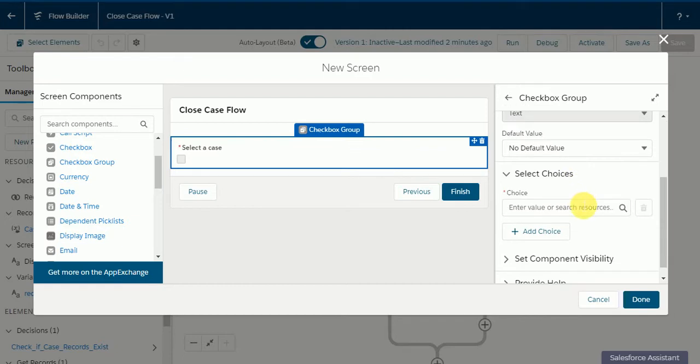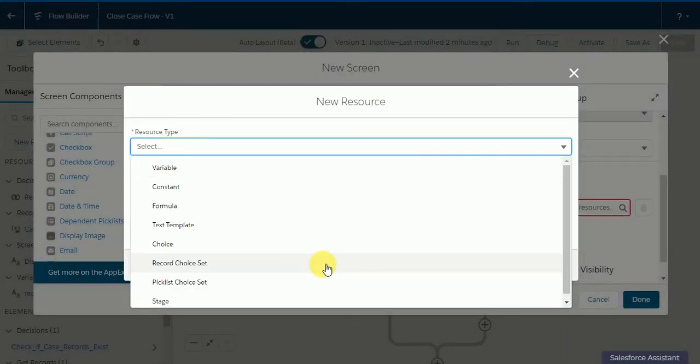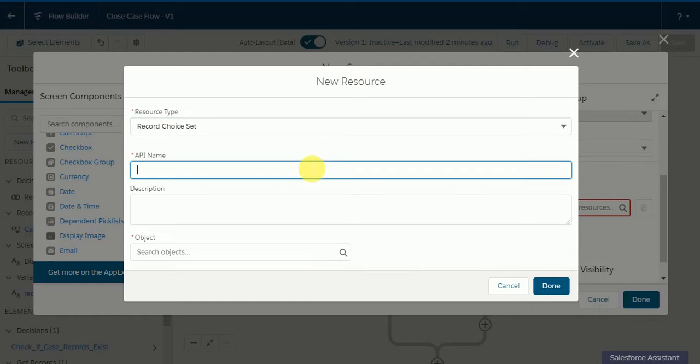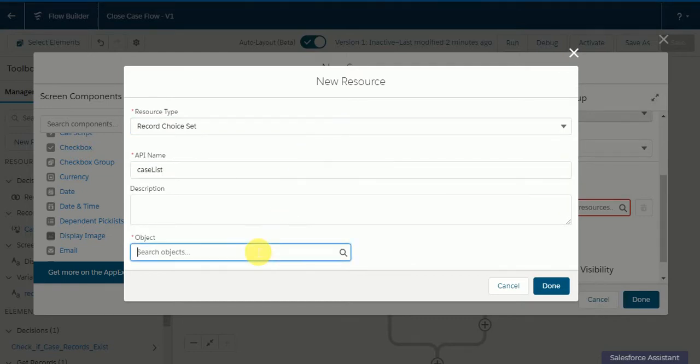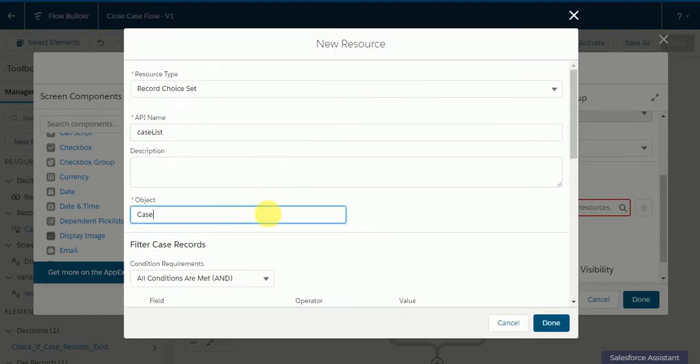And here you can see under choices, I'm going to create a new resource called record choice set. I'll just name this as case list, and S object is case.